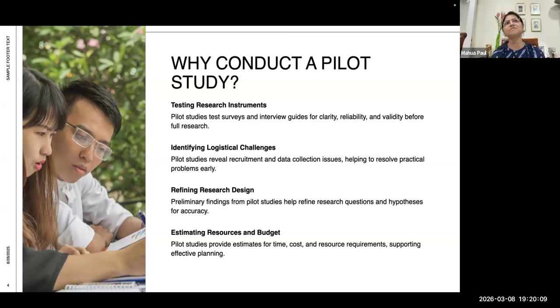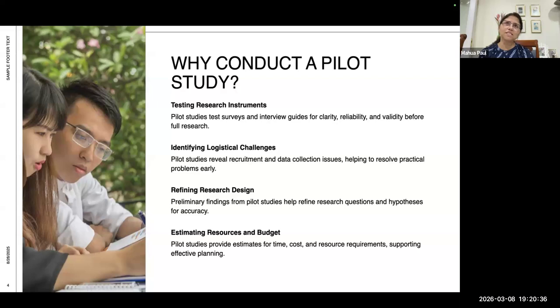For qualitative, it's very useful, because then you can test the questions, you can test whether your questions are yielding the right kind of results that they should, whether the questions that you formulate are relevant, whether they are what your intention is. Are you getting those in terms of what people are saying as responses?